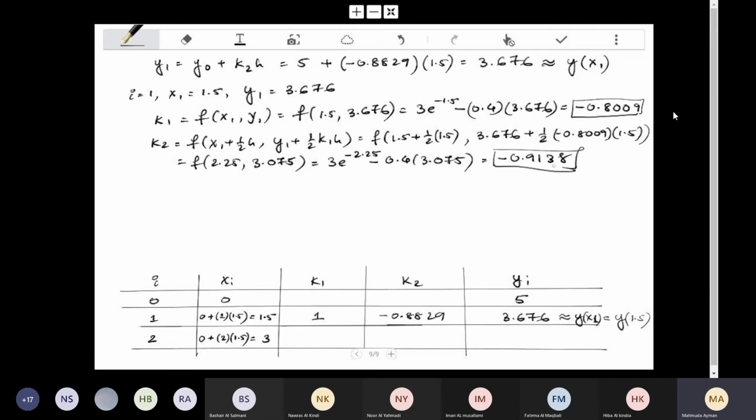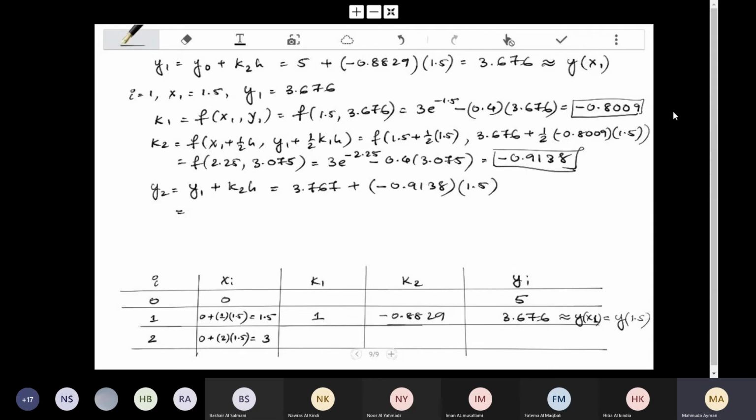So that's the value for k2, and now we'll find out y2, which is y1 plus k2 times h. So you have y1 is 3.676 plus k2 is minus 0.9138 times h is 1.5, and that gives us the value as